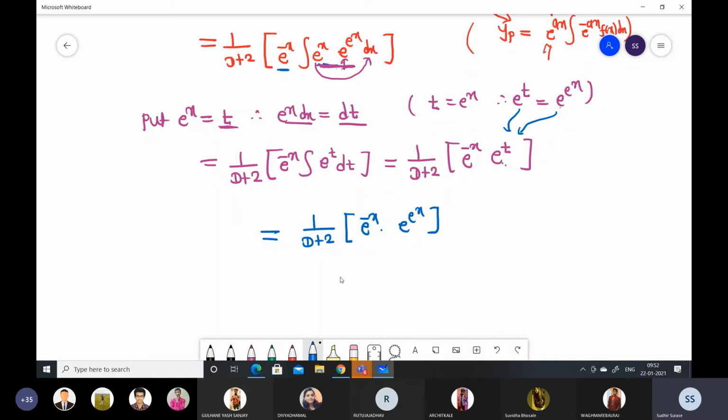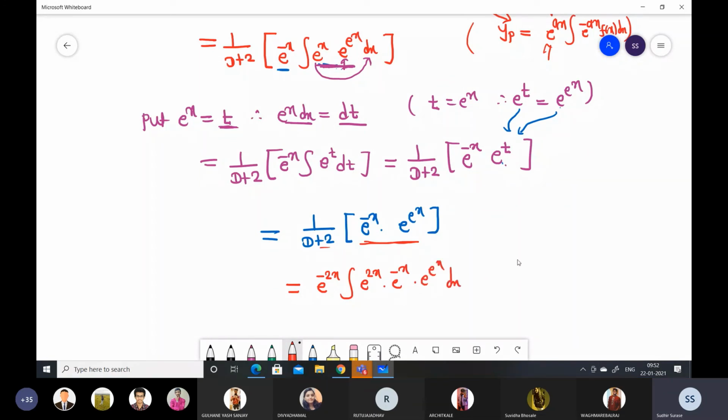Fine. Now we get this as a new function. Instead of f of x, here we get a new function. And now this time we are going to apply this 1 upon d plus 2 factor one more time, right? Using the same formula. So again, but this time we can see plus 2 is there. So outside there will be negative 2 times x, right? So e to the power negative 2 times x, and inside e to the power positive 2x, and whatever function you have in this bracket, that you have to write as it is, e to the power negative x into e to the power x dx.